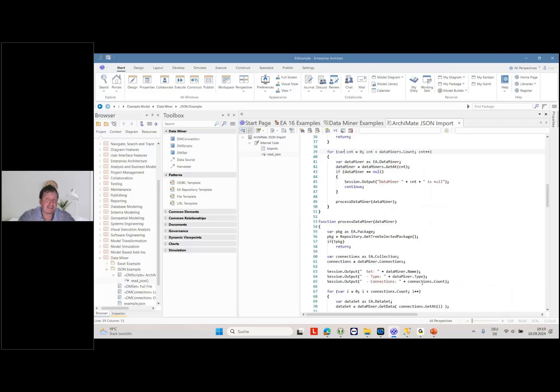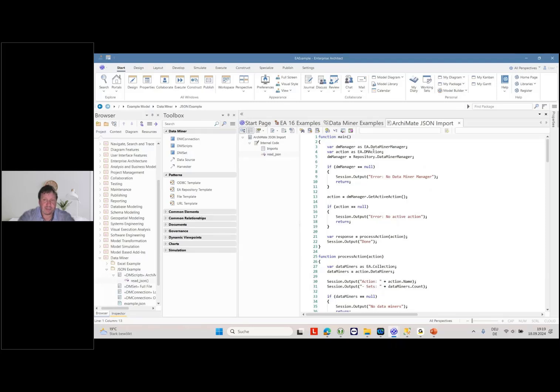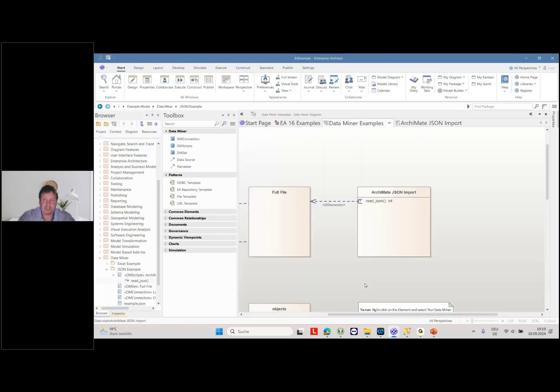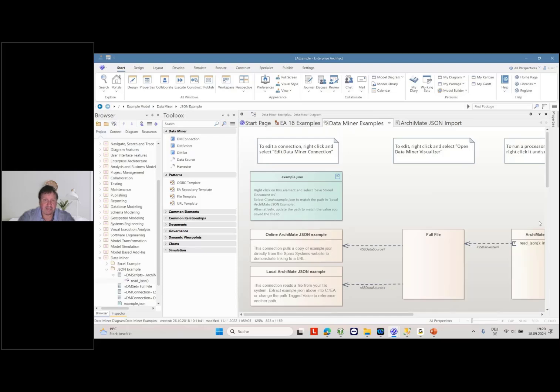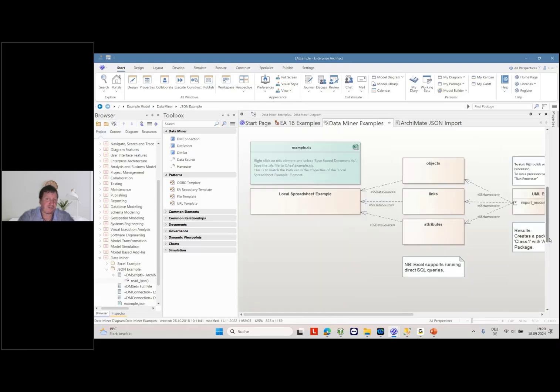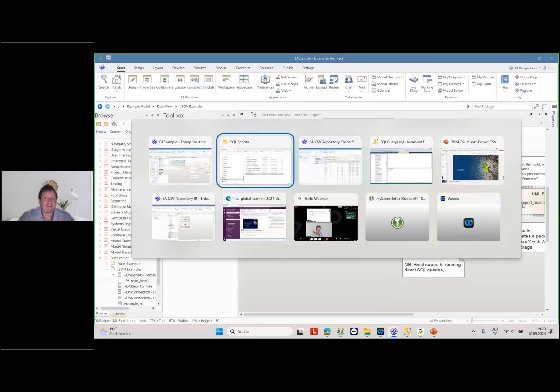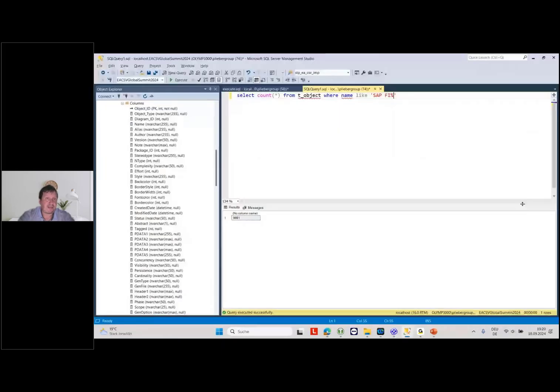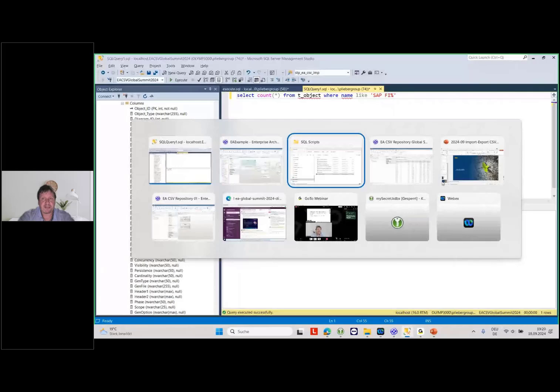In this case it could be a JSON file, or it could be an Excel spreadsheet having 3 pages: objects, links, and attributes. Then you have an import capability and an automatic interpretation of Excel into Enterprise Architect. But long story short, the session was all about how to automate a huge amount of data into Enterprise Architect by using SQL queries, procedures, and